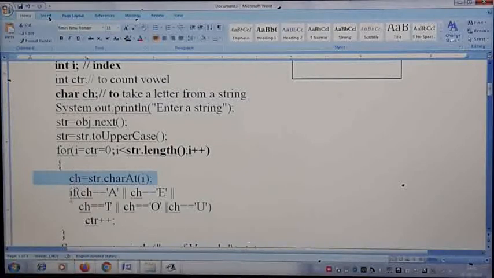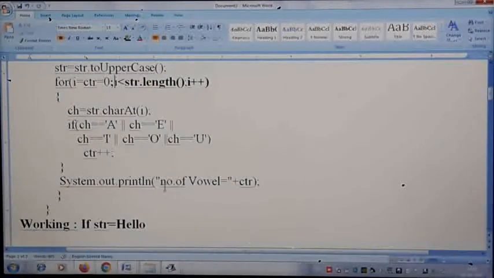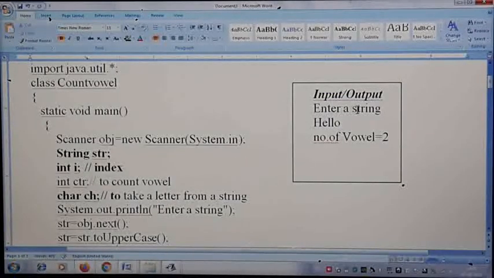So once you finish with the loop, when the condition will become false, for example, assume that I have given the input for str as HELLO, meaning the number of letters are 5. So up to 4 it will do because I have given less than. When i becomes 5, 5 is not less than 5, it comes out of the loop. So by the time you come out of the loop, the number of vowels will be counted in that counter, that is what you are displaying. Now if you see the input output of this program, I have given the input as hello. The vowels are E and O.